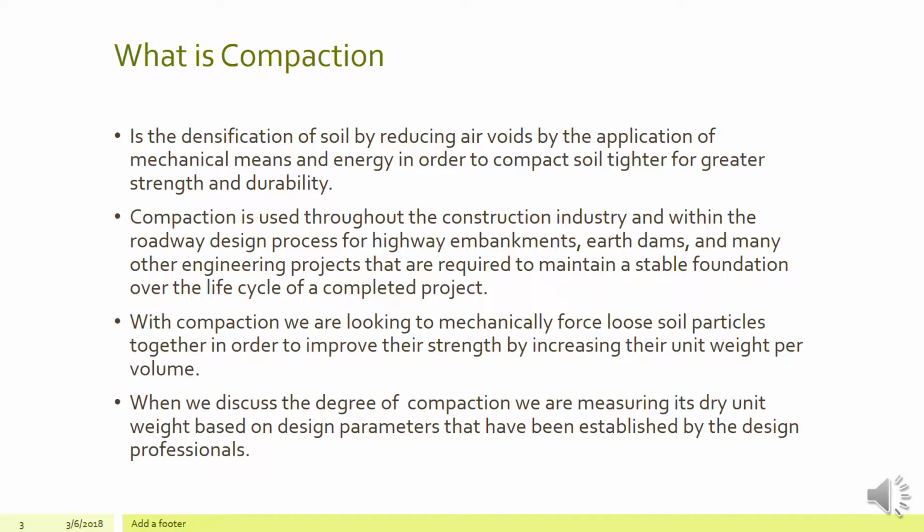When we discuss the degree of compaction, we are measuring its dry unit weight based on the design parameters that have been established by the design professionals. And we have to remember that it's never going to be